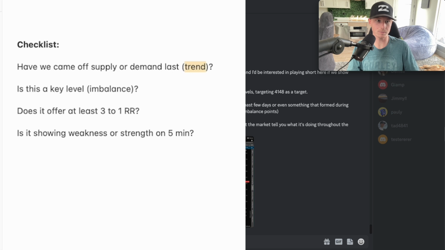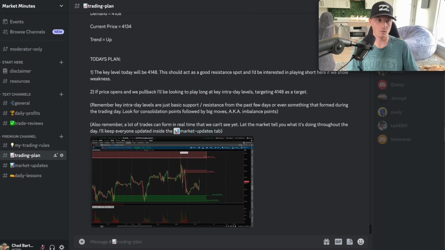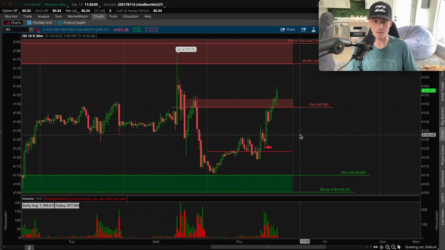All right, next thing I'm looking for: is this a key level imbalance? What I mean by imbalance is, is there an imbalance of buyers or sellers at a specific level? Well, let's go ahead and look at the chart again. Right, so as we can see, the way I got this,